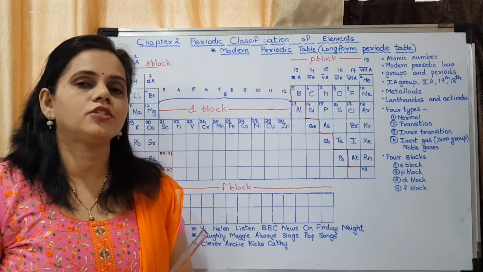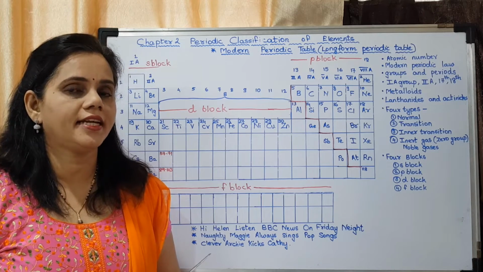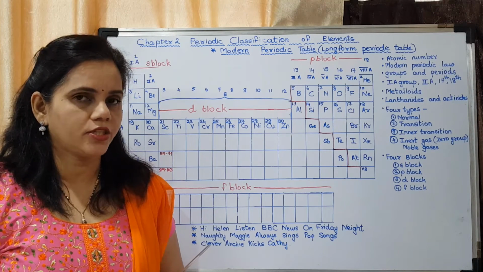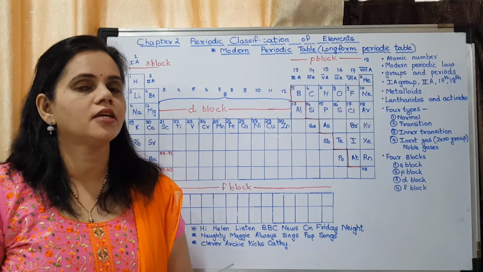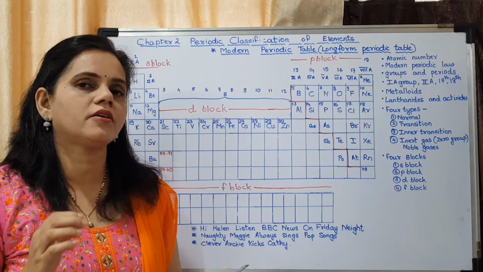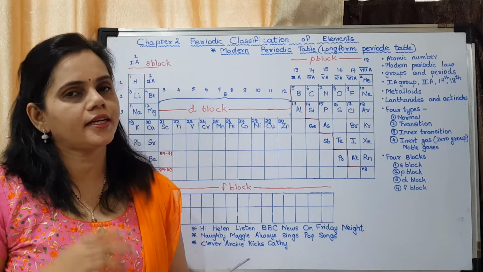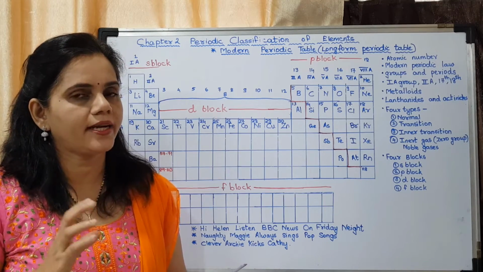This much elements you should be knowing. That means you have to learn the symbols of the first 30 elements plus some other elements also. I will discuss it afterwards. So first 30 elements, you are supposed to know the names and symbols of first 30 elements and the valency and electronic configuration of first 20 elements.